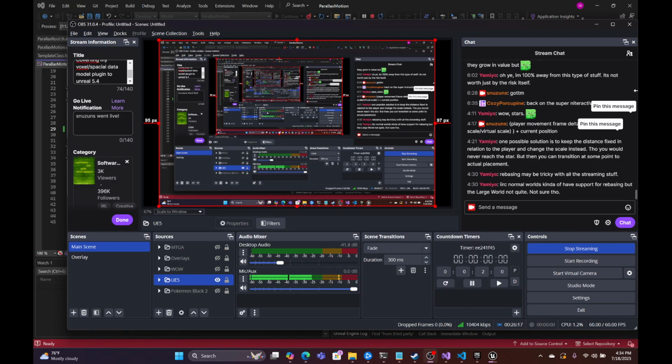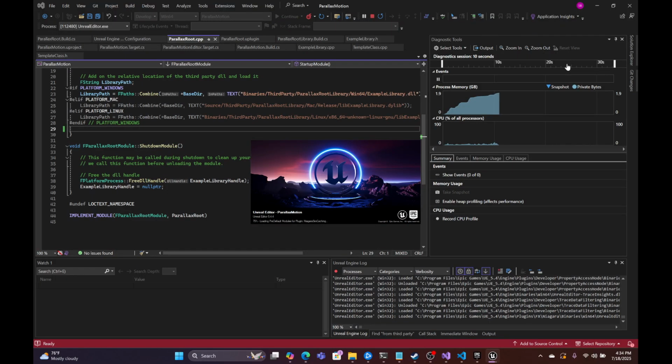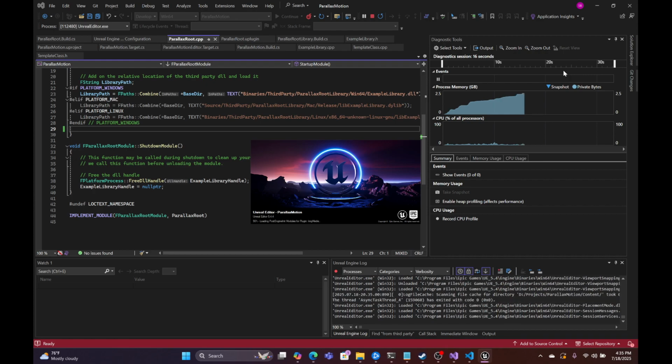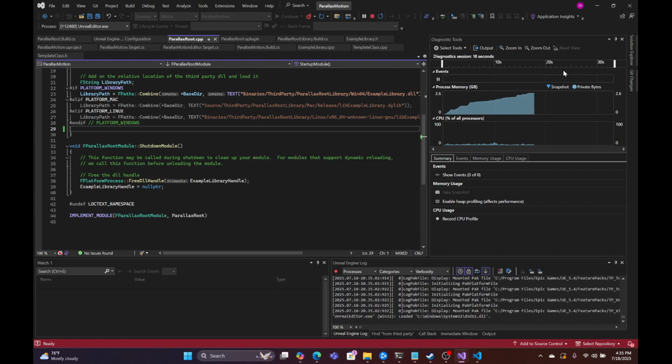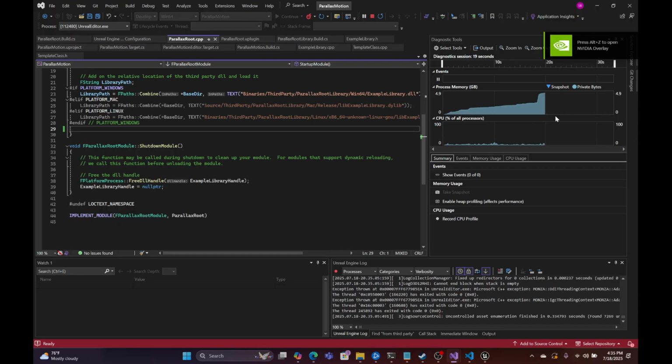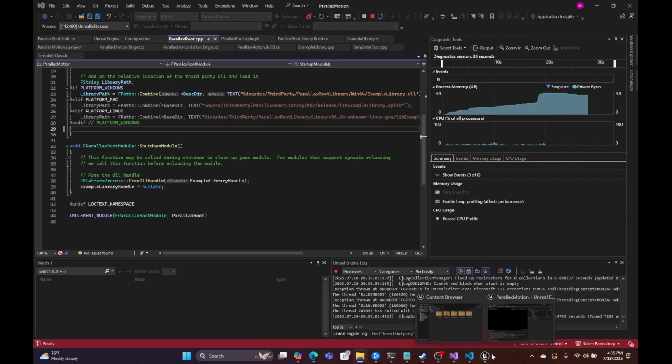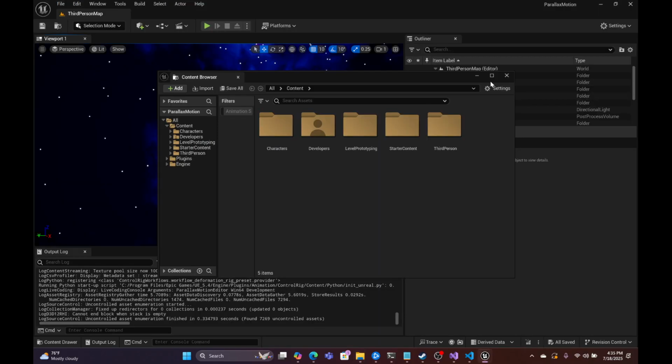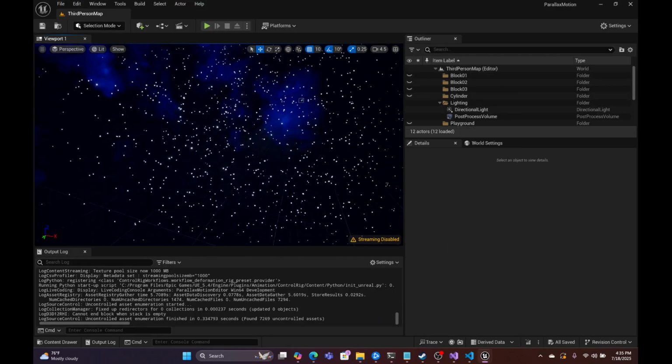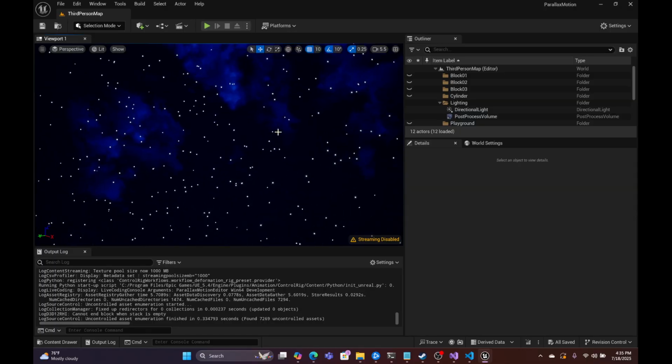I've done it. It does have support for rebasing. I don't remember how they do it, but I've done rebasing before to test my planet mesh stuff and see if it behaved properly. And for the most part, it did. All right, we're back, baby. So now